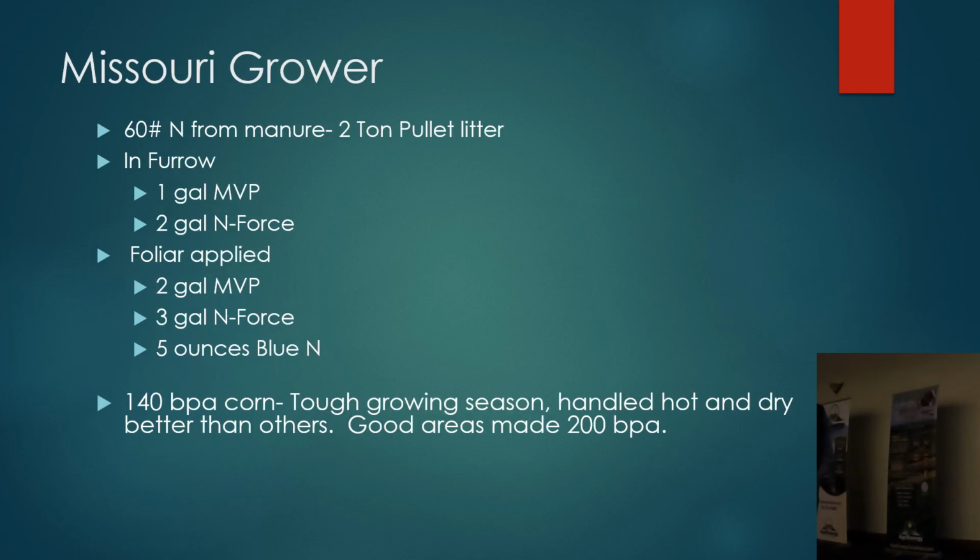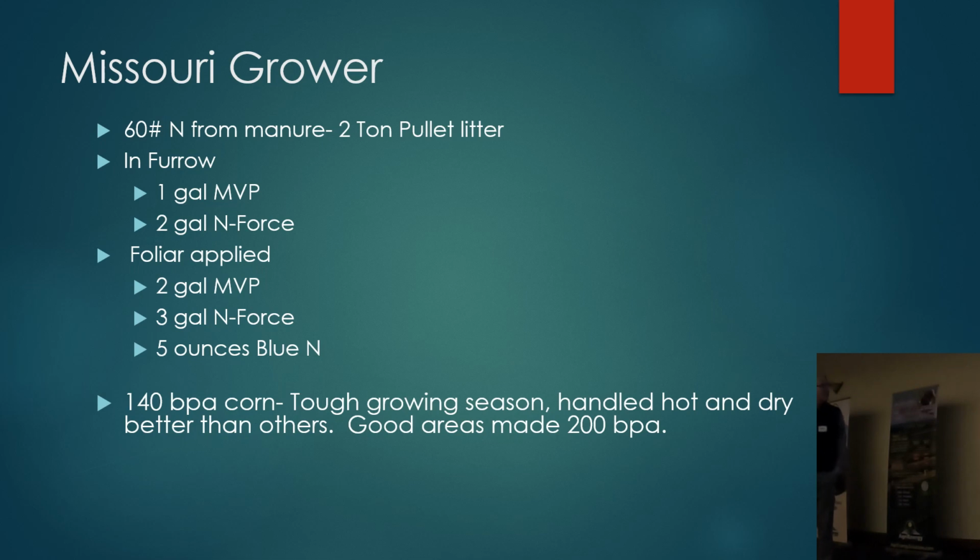Then a Missouri grower got 60 pounds of nitrogen from manure, 2 tons of pullet litter. In furrow, he used the MVP and N-Force again. Came back with a foliar, 2 gallons of MVP, 3 gallons of N-Force, and 5 ounces of the Blue N. Grew 140 bushel corn in a very tough growing season, and it handled the hot, dry conditions better than other